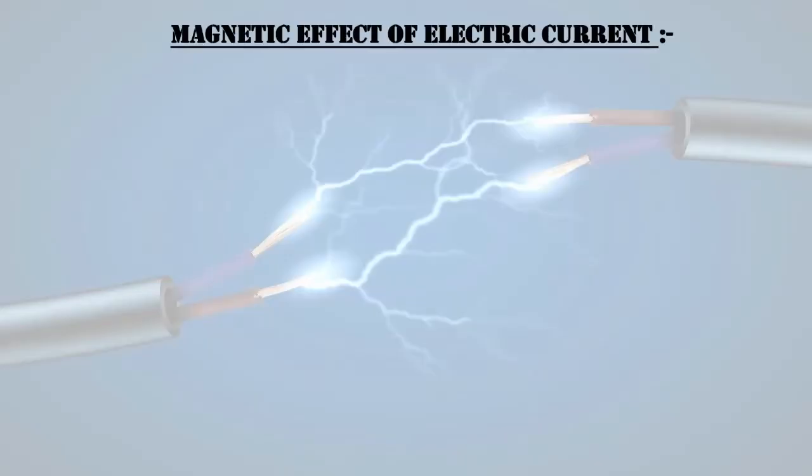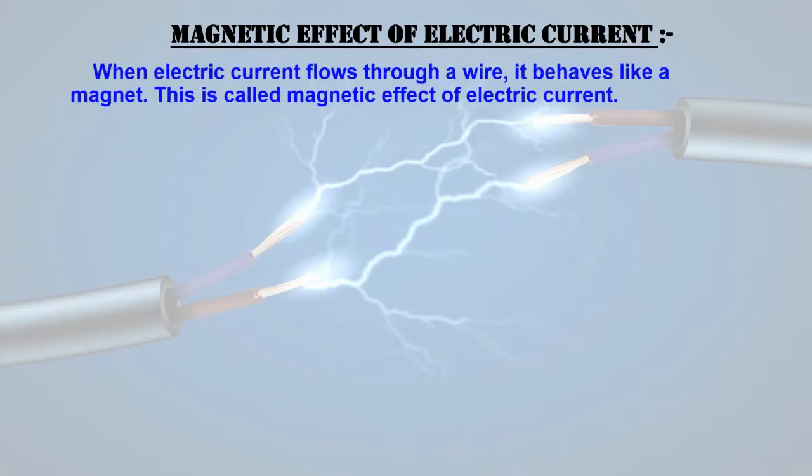Now the very interesting thing is magnetic effect of electric current. Now we have learned कि electricity के वजह से, electric current के वजह से heat generate होती है. उसी तरीके से एक normal iron rod को या फिर एक normal nail को हम लोग किस तरीके से magnet में convert कर सकते हैं. That is what is magnetic effect of electric current. You have learned this. You will just quickly revise about it.